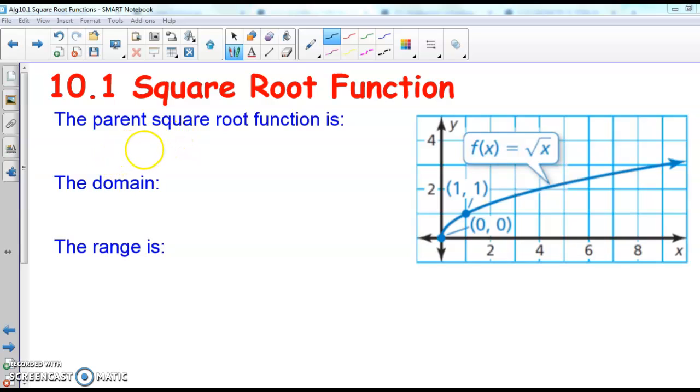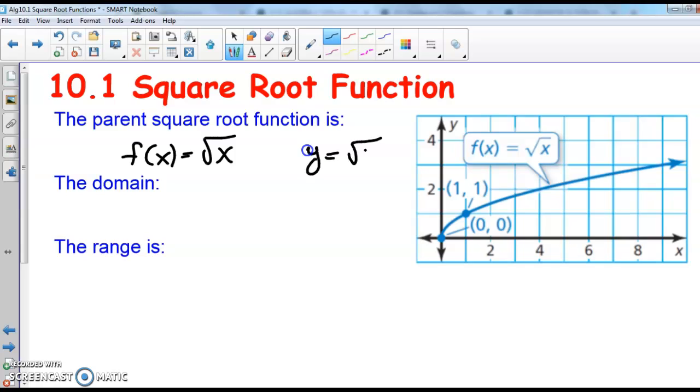So the parent square root function is given by f of x is equal to square root of x. Now sometimes you may also write it as y is equal to square root of x. Now, how do you find the domain of a parent square root function? We know that the square root is only defined when the radicand, or the quantity inside the square root, is positive. So that means we're going to copy the expression inside the radical symbol and make it greater than or